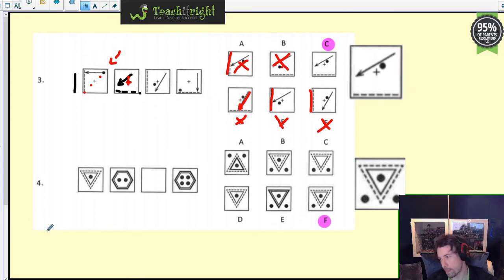Number 4. Okay, we've gone from a triangle to a 6-sided shape, back to something to a 6-sided shape, so I'm guessing this is going to be some kind of triangle. There's no clues about whether it's pointing in a different direction, and in fact, since these are all the same, I would guess it's probably like this, but let's see if there's any more clues so far. Oh, well, definitely it's got 1 dot, 2 dots, so we want to have 3 dots inside. What about the shading? The shading seems to be the same between these two, so I'm guessing it needs to be the same as before, so it needs to be surrounded by a